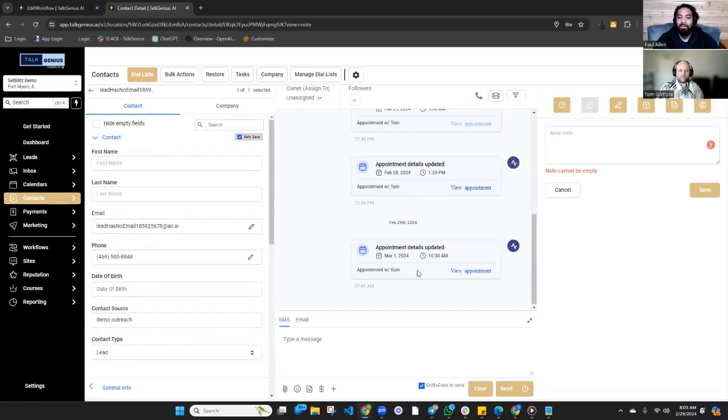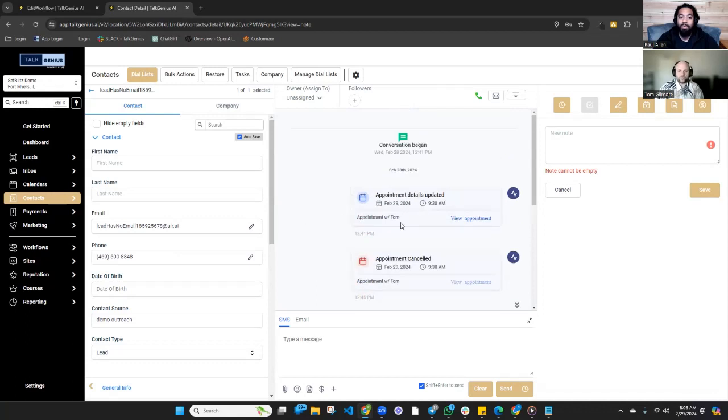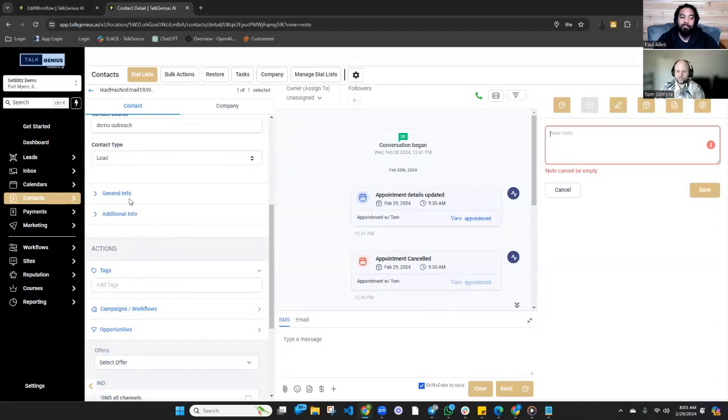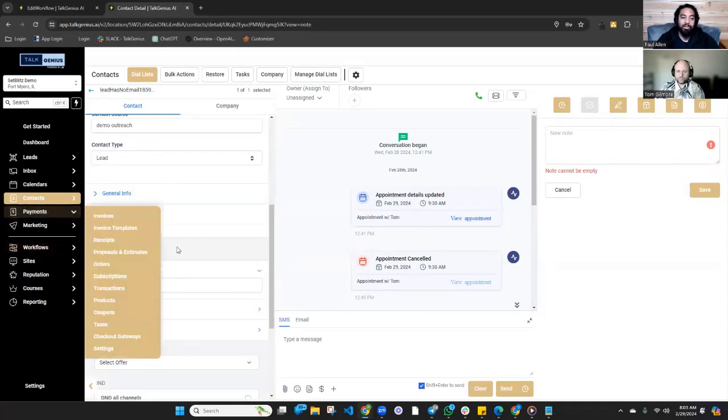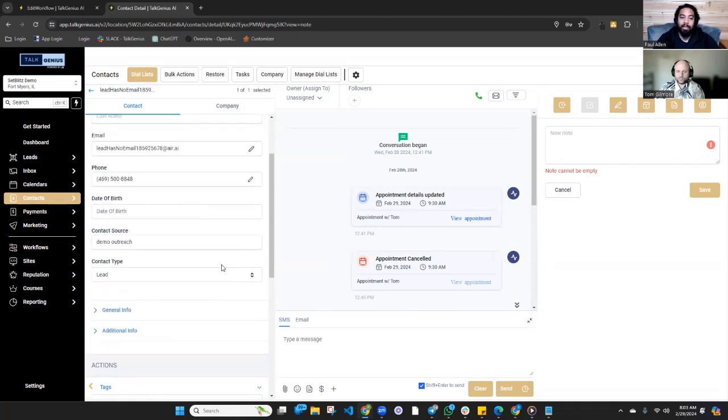That's past the scope of what we're talking about. But as you recall, this was the lead that came in and booked an appointment that we made in one of our previous videos, and this is the appointment details in it. We'd want the notes here, but say you didn't want the notes there and you wanted them in a custom value. You can create a custom value within GHL, and you can make a whole new section saying something like